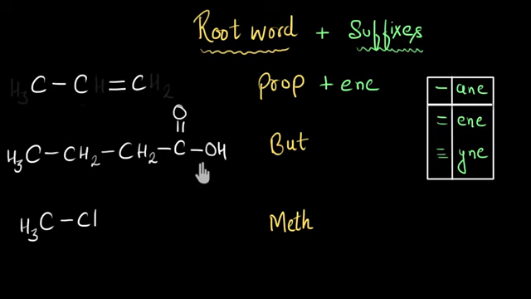See, in this step, we only focus on the carbon chain. Here the double bond is between carbon and oxygen, not in the carbon chain. Let me actually show you. If I remove everything else, then you can see that the carbon atoms are only connected by single bonds. That means this carbon chain belongs to the alkane family. And to represent that, I will add the suffix ane. Let me add that. Ane.